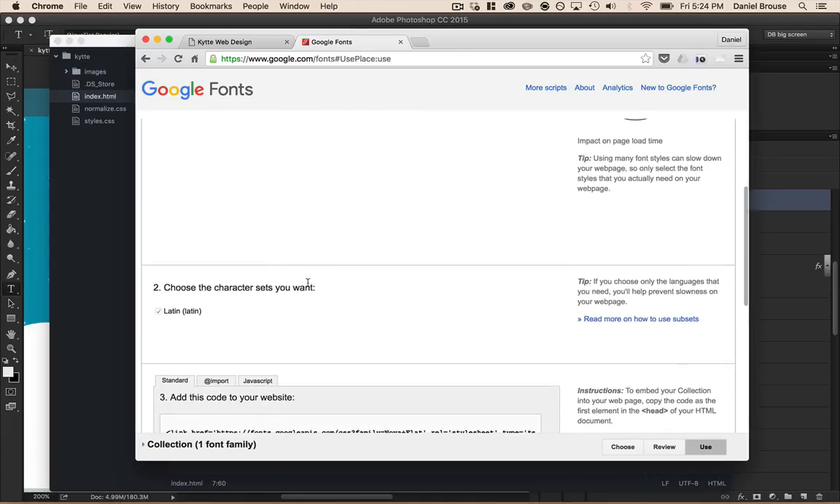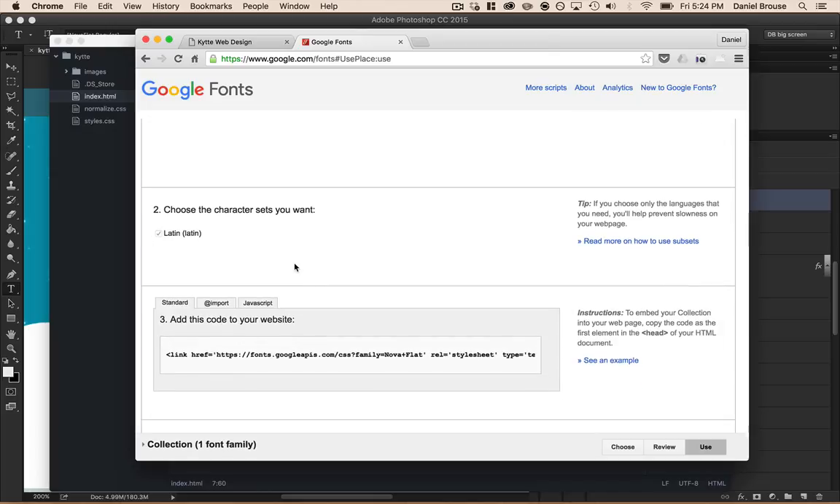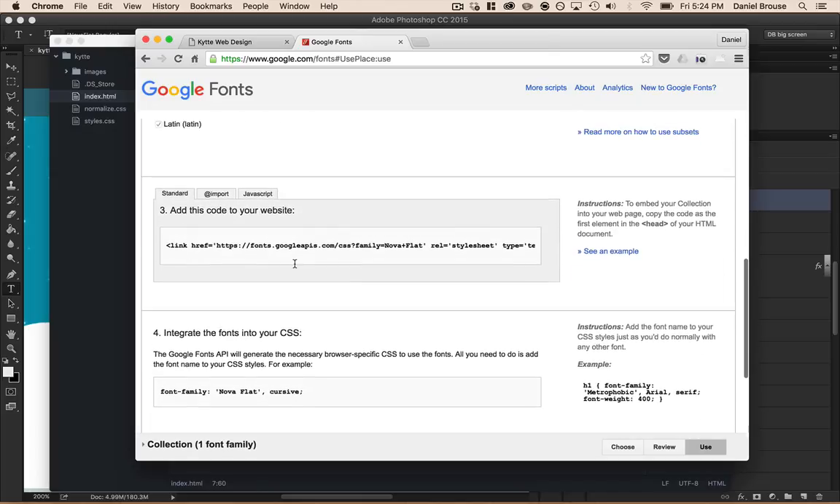Second step is saying what characters you want to include. There's only one set here, which is the Latin characters, so that's perfectly fine. And this is the important part here. This is how we actually use it. So it's saying here, all you got to do is just copy and paste this into your HTML file. So click it,